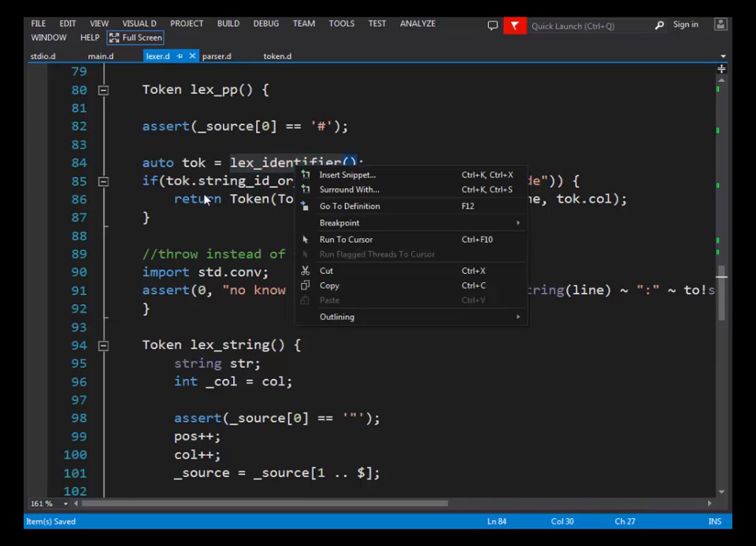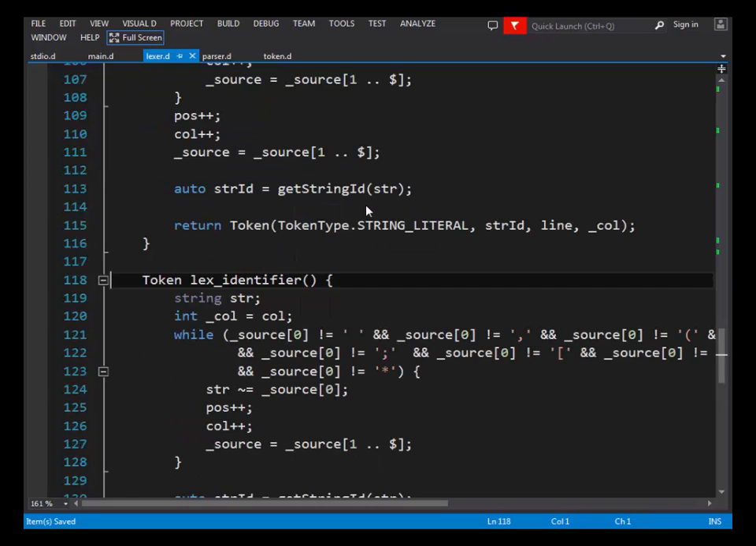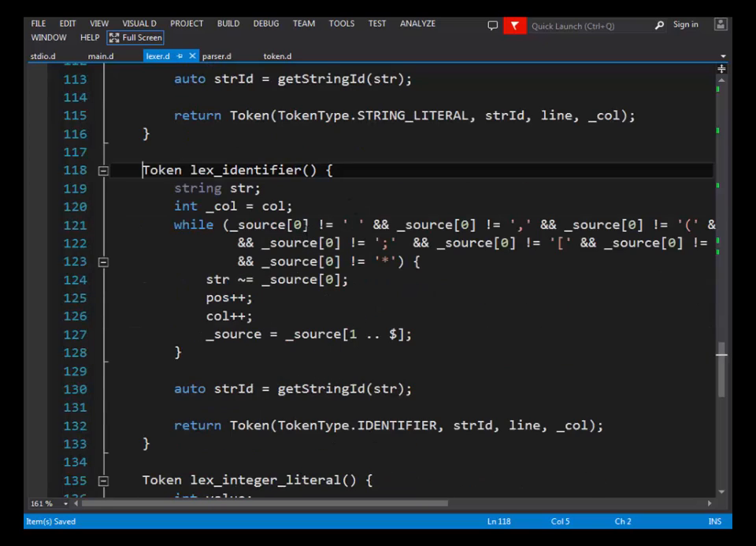And what Lex identifier does is here. It allocates a string, then it saves the current column, so we know where the column was when we call Lex identifier, and then while we did not encounter a new line or a comma